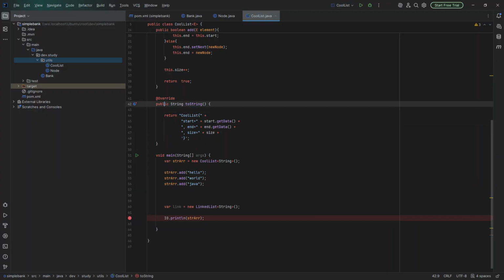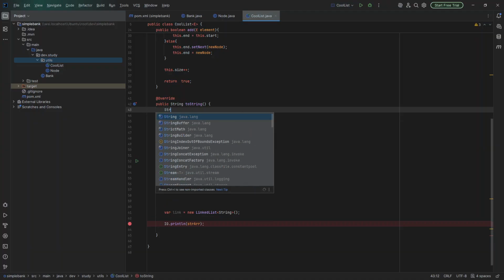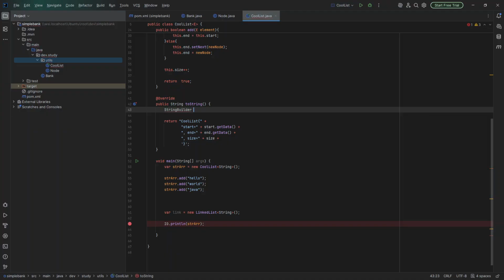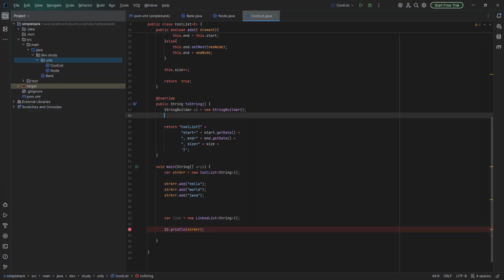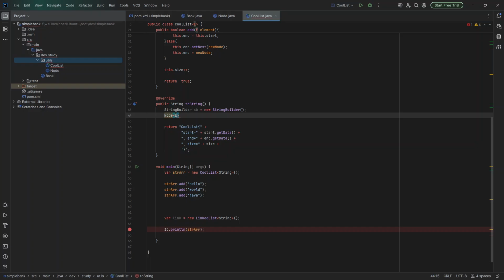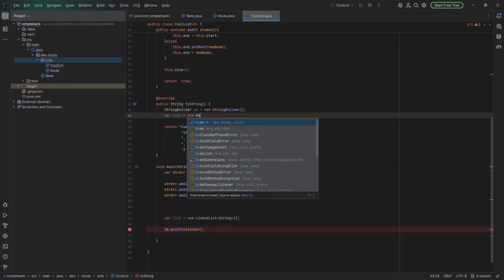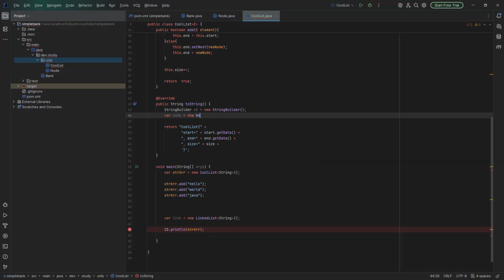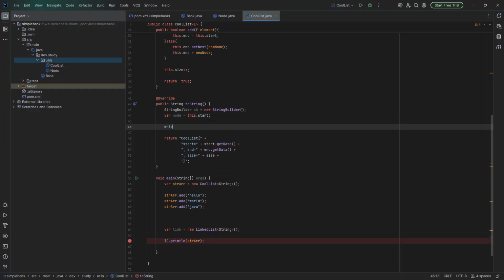Let's do this actually. I'm gonna use a StringBuilder here. StringBuilder sb equals new StringBuilder with nothing inside. We also need a node of type E. Let's use var again. var node equals new node. Actually, it needs to go to the head of this, this.start, and while